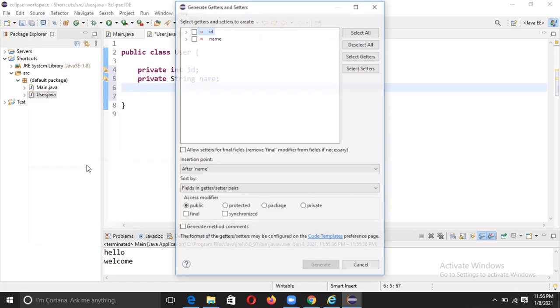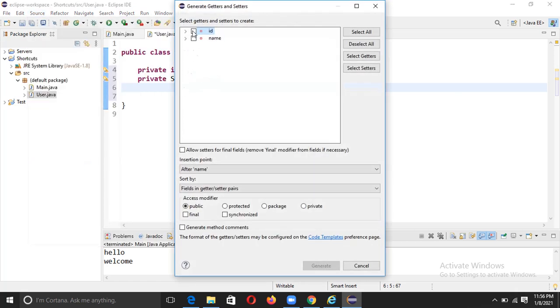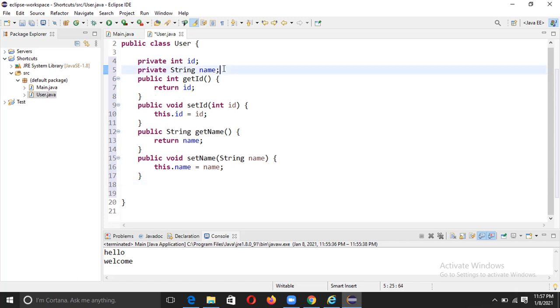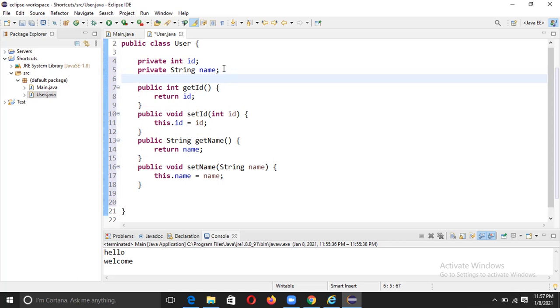Just click on this and select all the instance fields for which you want to generate getters and setters and click on generate. You can see you have created getters and setters automatically using shortcut by Eclipse IDE. You don't need to write this entire code. You can just use shortcut to generate getters and setters for your instance fields, for your private fields.